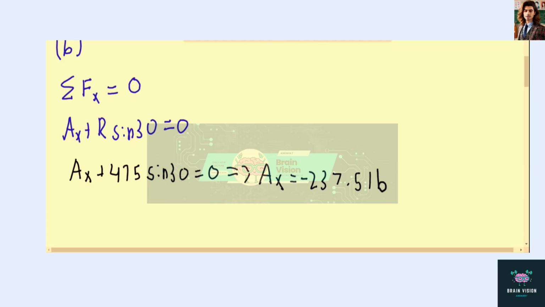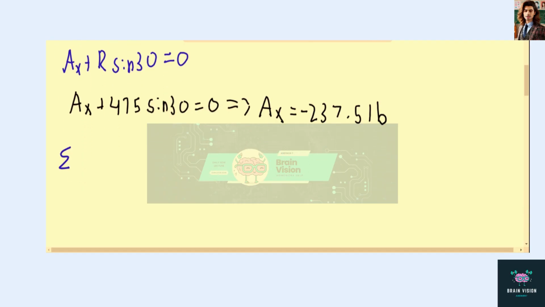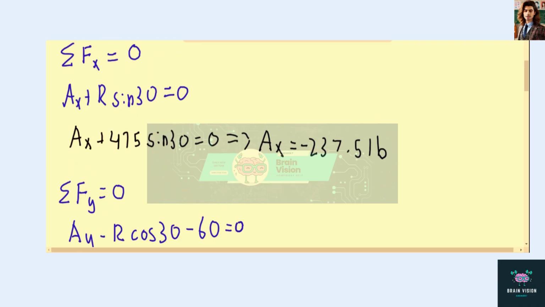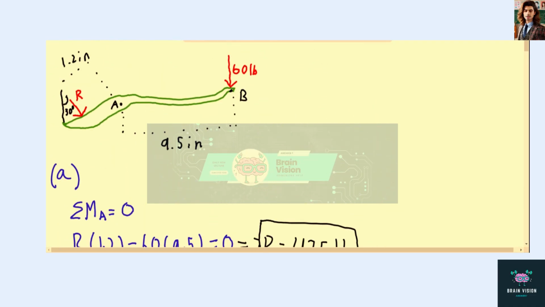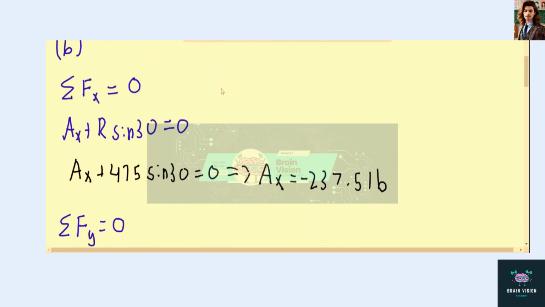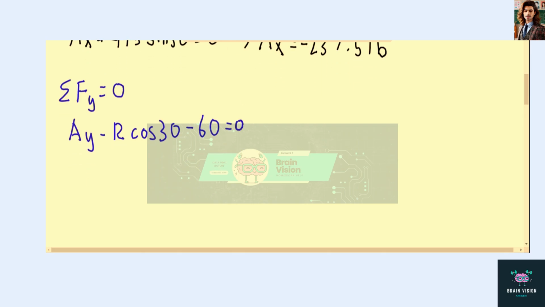So we'll now solve for the y component of the force. We'll say that the sum of forces in the y direction is equal to 0, and we can rewrite this as A of y minus R times the cosine of 30 is equal to 0. This is actually going to be minus 60, because if we look at the free body diagram, we're going to be subtracting this force that is inputted, this 60-pound force, to be able to keep it in equilibrium. So we do minus 60,